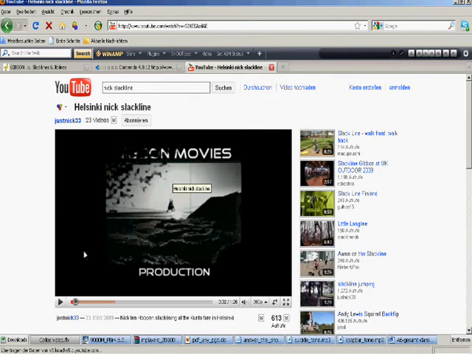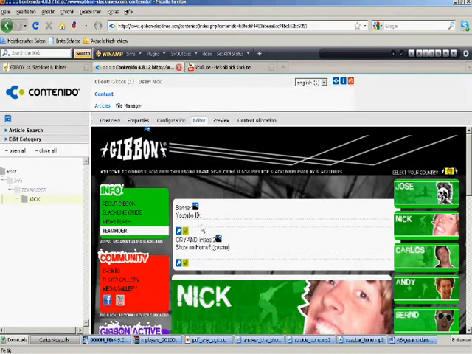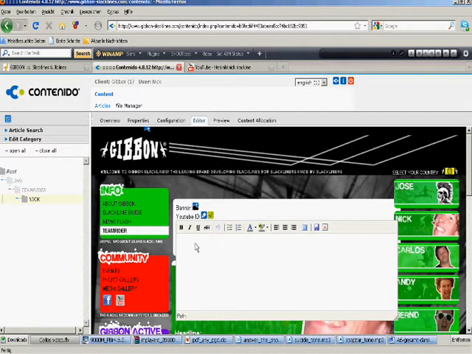So what you do is when you look up on the URL, you can see that it has the youtube.com/watch?v, which stands for video equals, and we copy the code that is after the equal. Okay, so we copy that, go back into our contenido, into our article, click on this space where it says YouTube ID,